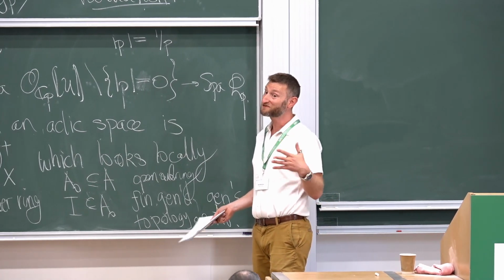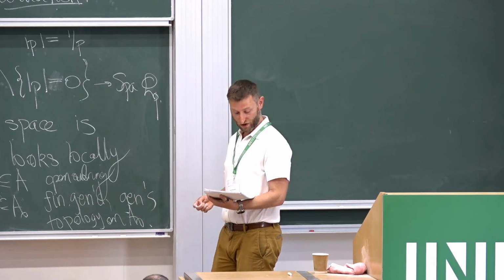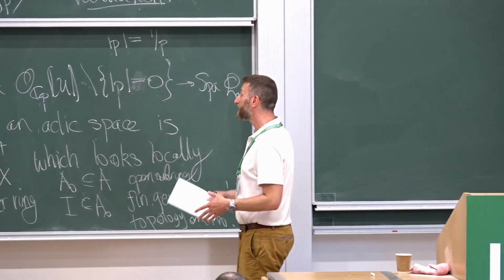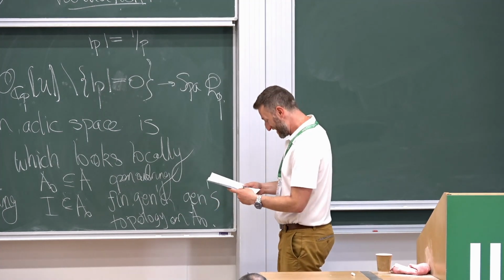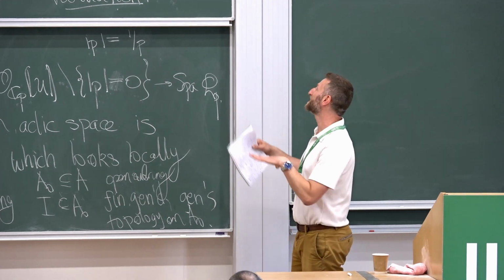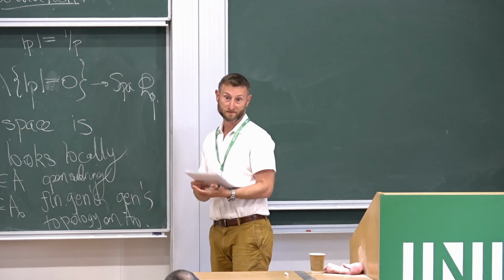So that example really fits into this framework. That framework is really flexible and allows you to do analysis in a lot of different situations. So there you have it. This is basically what an adic space is. These were developed by Huber, but really generalizing work of Tate and then Berkovich also.